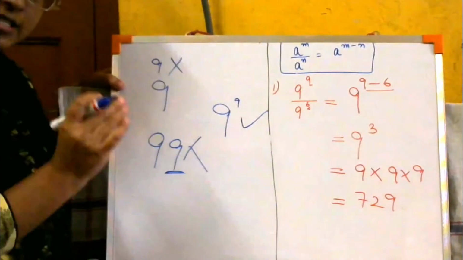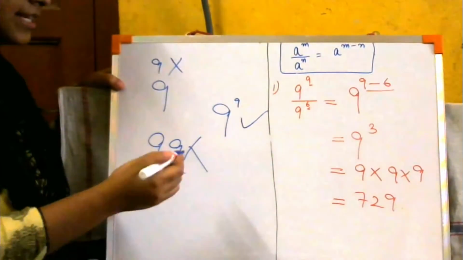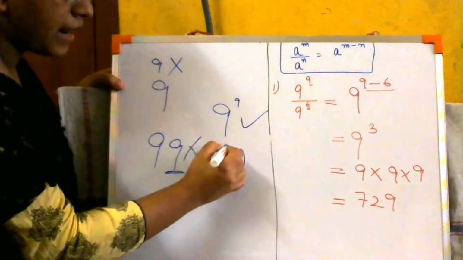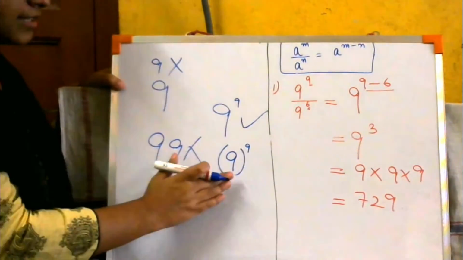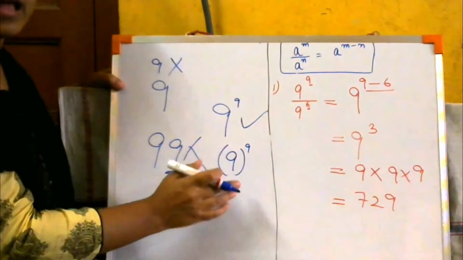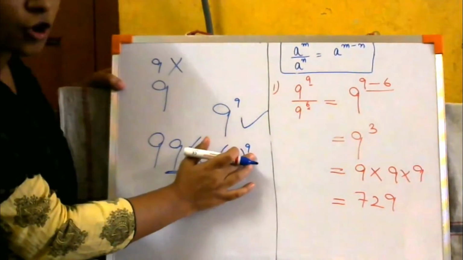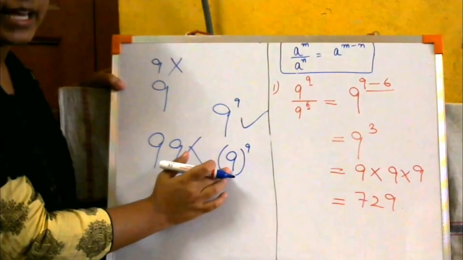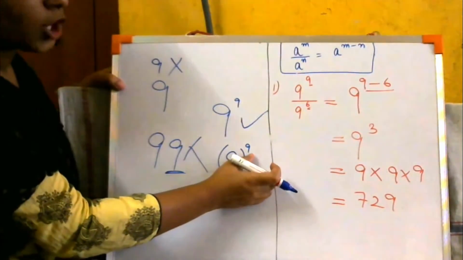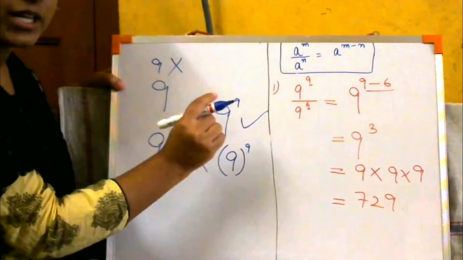If there is any mistake, if you think that you can make a mistake, then write it like this. 9 को ब्रैकेट में रखो, उसके ऊपर यहाँ पे छोटे से 9 लिखो, मुझे समझ में आ जाएगा कि this is base and this is the power. But power should be on top corner of the base. बेस मतलब ये, इसके बारे में बात कर रहे हैं हम, ठीक है? तो power should be on top corner of the base. छोटा सा लिखना है power.